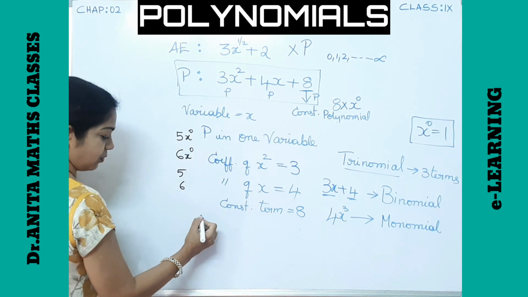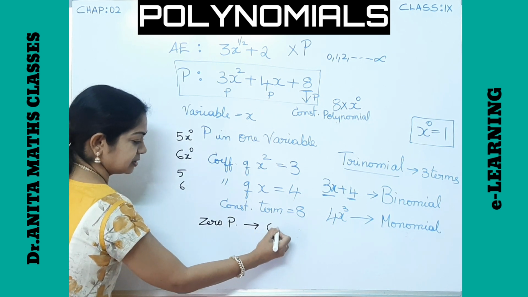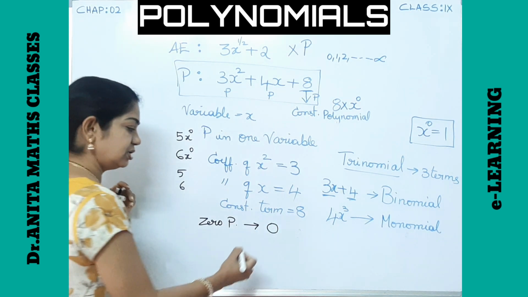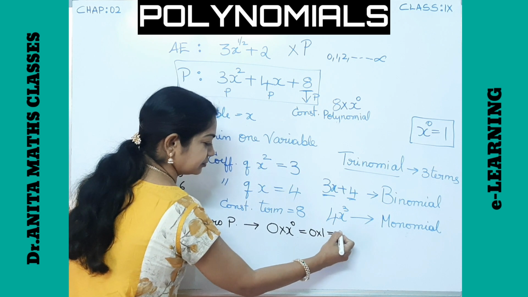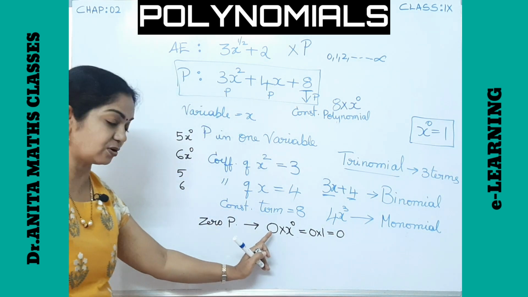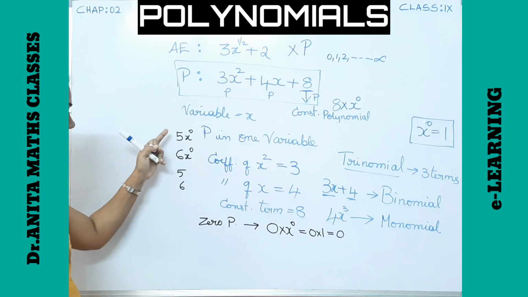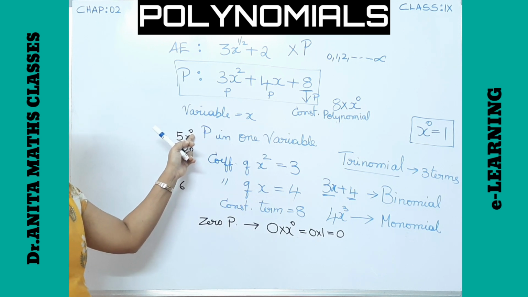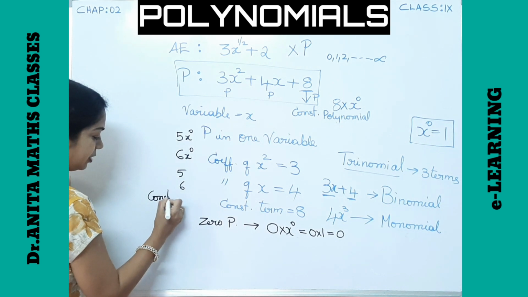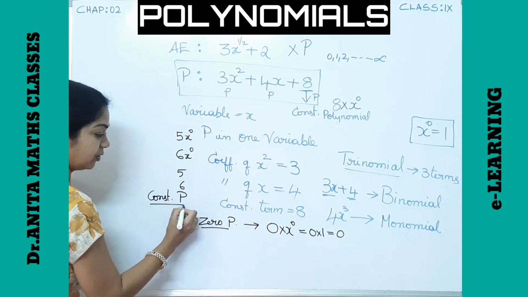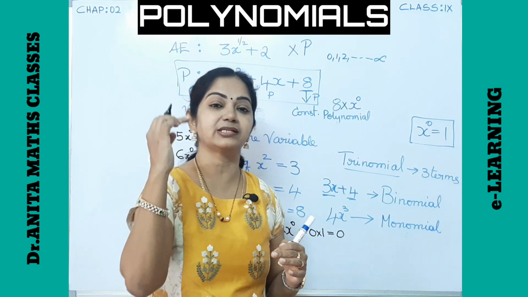And we need to understand one more thing, that is the zero polynomial. What is a zero polynomial? Nothing but the number 0. Here constant 0 into x to the power of 0, that comes to 0 into 1, that is 0. Here the coefficient, the integer constant, is 0. So 0 is called the zero polynomial. And numbers like 5, 6, where the exponent is 0, are called constant polynomials. Whereas zero polynomial means 0 only.